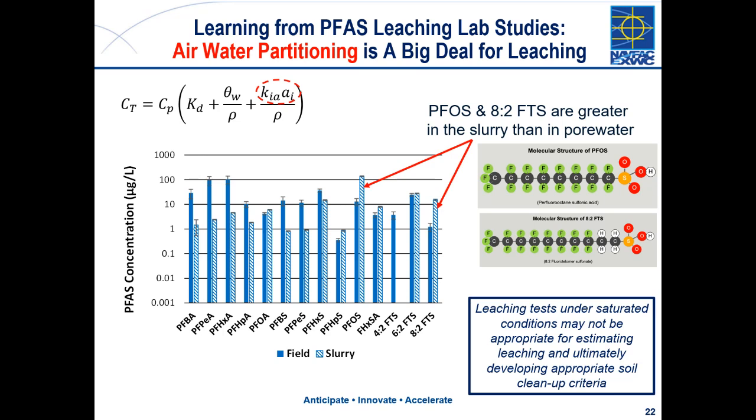Now, what you would expect is to see much lower concentrations of the PFAS in the slurry than you did in the pore water, because we had about a 3-to-1 liquid to solid ratio, so you're diluting the PFAS out. And that's essentially what you see. You see the solid blue bars extend above the hatched bars for most compounds. But for some of the most hydrophobic and surface active compounds, so compounds that accumulate at the air-water interface the most, you actually see the opposite. For PFOS and 6:2 FTS, you see about 10 times higher concentrations of these PFAS in the slurry than what you saw in the actual pore water.